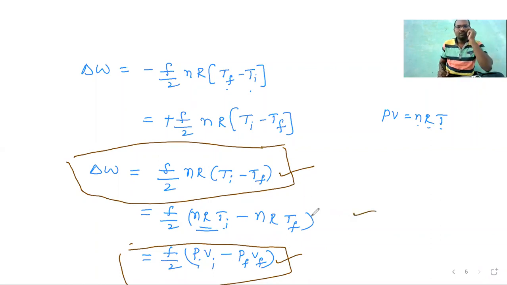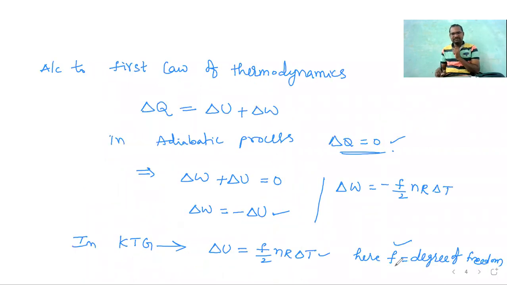Okay, students. Work done in adiabatic process, very important formula. So what is the new thing that we learn here is this one. Internal energy formula can be written as f by 2 nR dT. dT means what? Change in temperature. Delta T means what? Change in temperature. n is what? Number of moles of a gas.